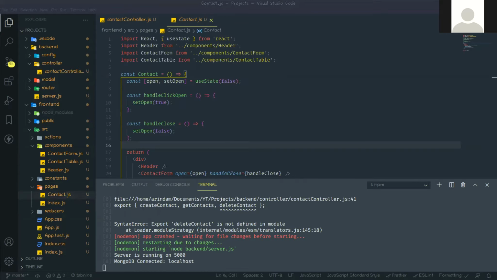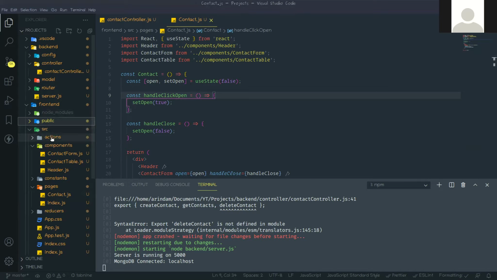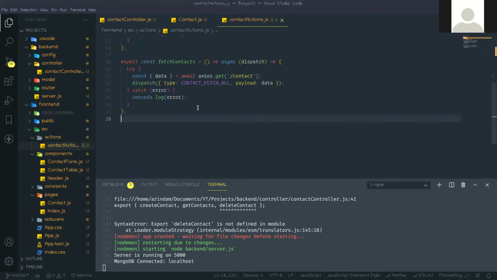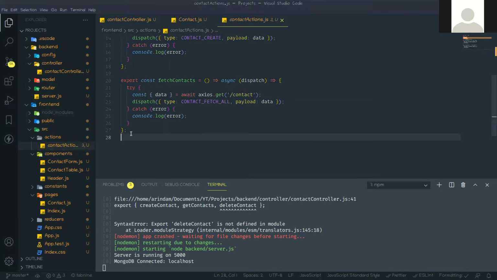So here we can call that API. For that API we need to create one action to fetch, right? So go to the action. Oh, the action is already created. So that is fetch contact, we need to call this action, and this is the API.